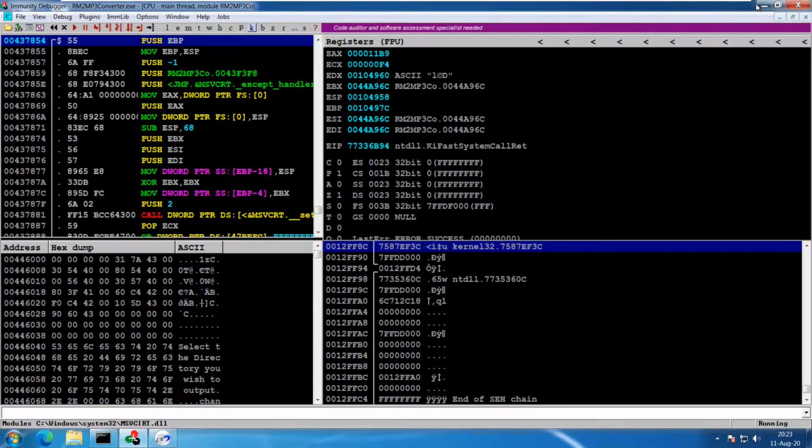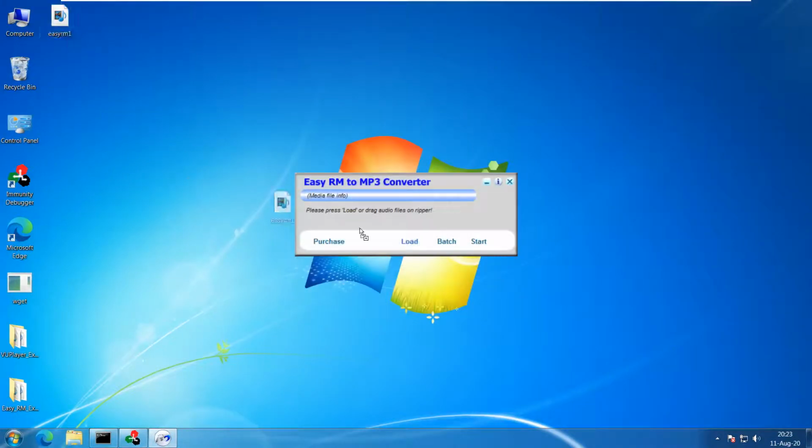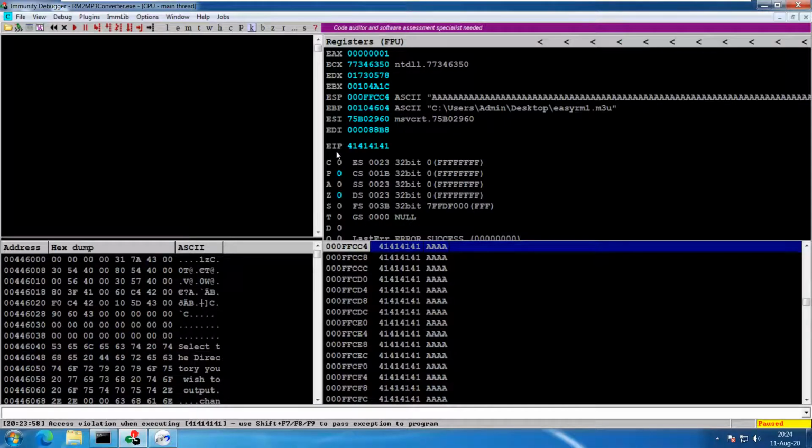Great, we know that it's the crashing point, but how can we better know at what point which register is being overwritten? Right now, if you see, we find that the EIP is also written with A's, the ESP is also written with A's. However, for a stack buffer overflow, we need to know the exact values, or the location where we can override the EIP, then the ESP.